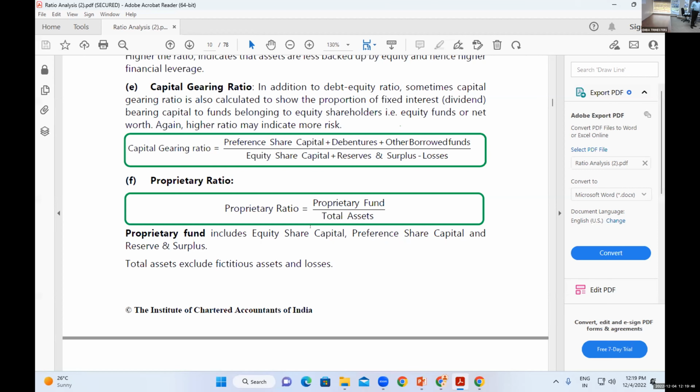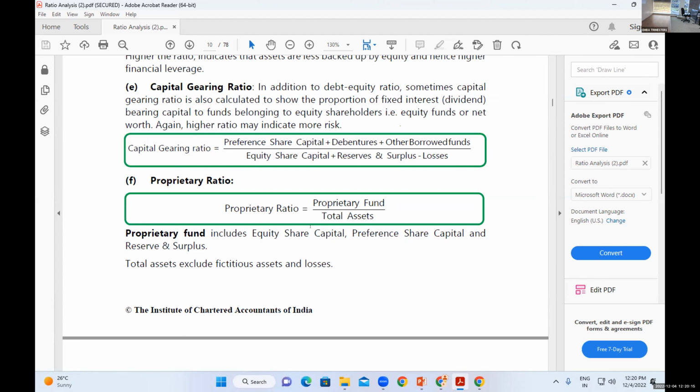Proprietary ratio. This is a very important ratio in ratio analysis. Proprietary ratio is nothing but a relationship between proprietary fund and total asset. What is proprietary fund? It includes equity share capital, preference capital, and reserves and surplus, that is, total capital except borrowings. Proprietary fund means owner's fund. Owner's fund is total fund minus borrowed funds. Proprietary fund divided by total asset is equal to